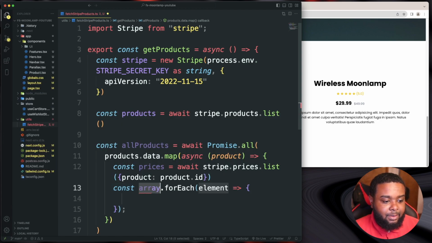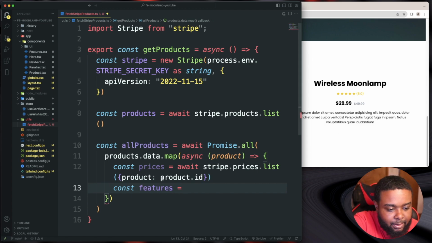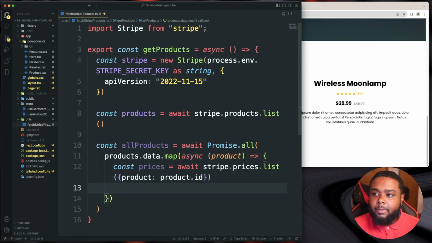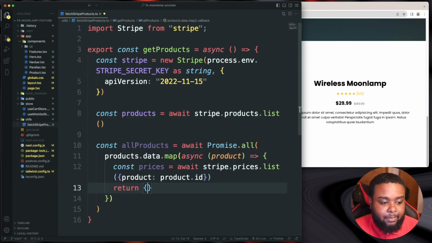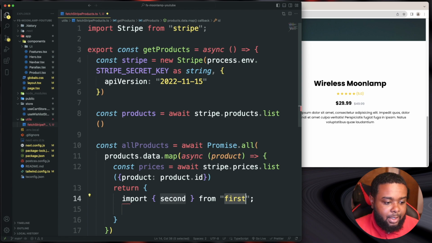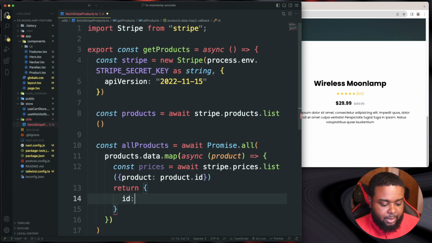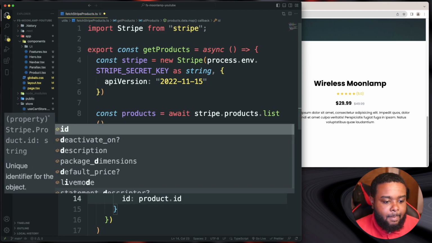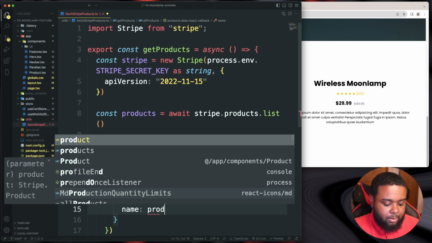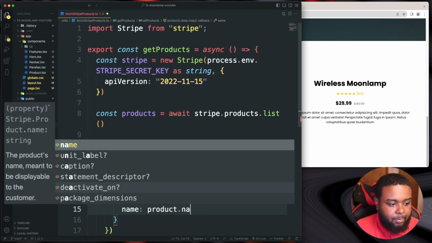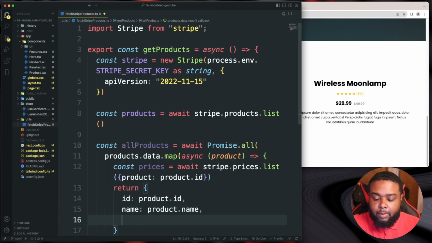So we're gonna do a const features. Actually, we don't even need this. We don't need this features thing. Now we're just gonna return a bunch of what we want to grab from Stripe. So we're gonna return our ID because we want our ID, and that's going to be product.id, comma, and we also want our name, and this is going to be product.name, and then we also want our unit amount,